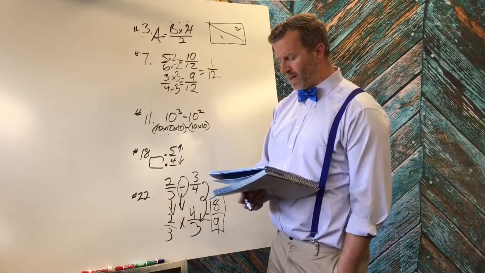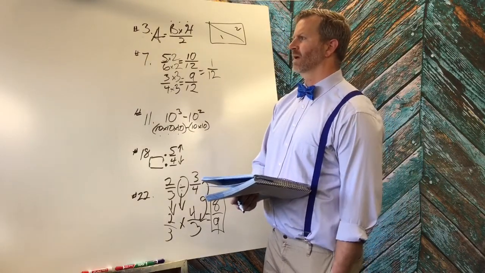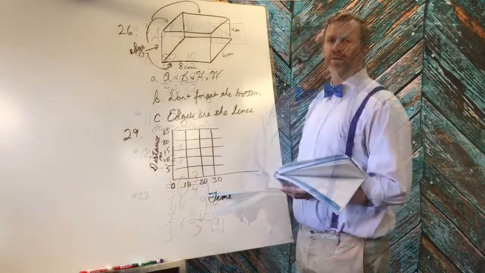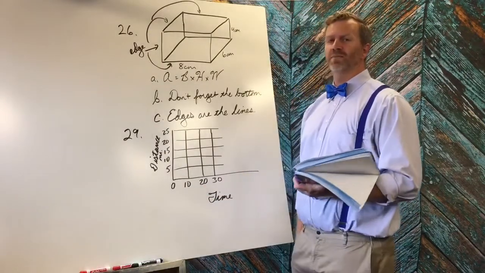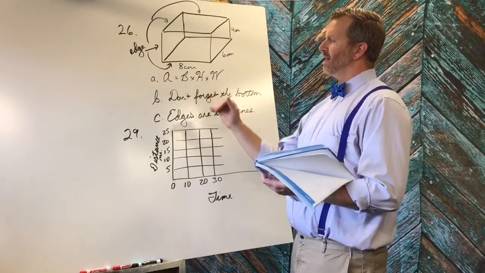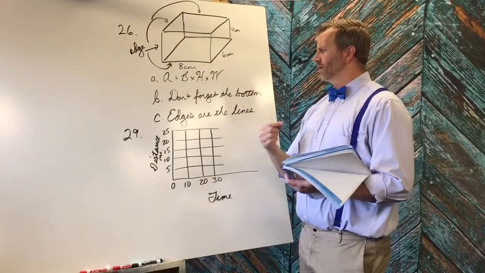All right, I'm going to write up a couple more of these here in a second, and we can crank it out. All right, here we go. Last couple questions. I was going to help you guys out with your math. Number 26. So remember, A, it's asking for the area of this entire shape. So,